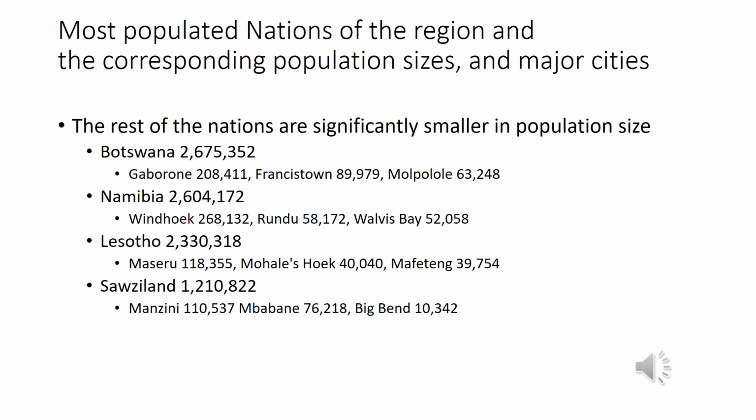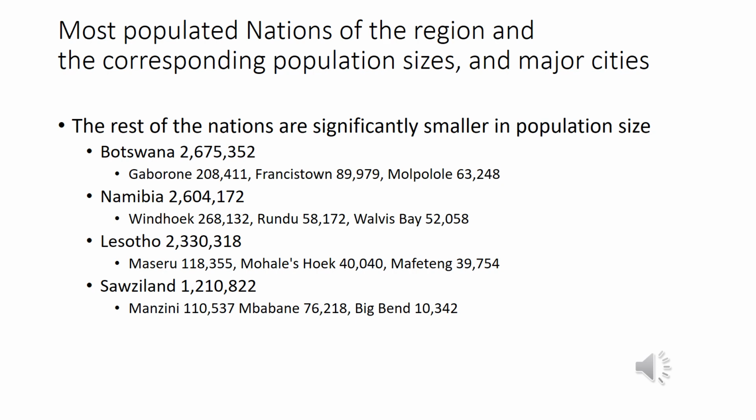In part 2 of this section, you can see that the rest of the nations are significantly smaller in size, with Botswana at 2,675,352 people. And their major cities are Gaborone at 208,411, Francistown with 89,979, and Molepolole with 63,248 people. Namibia with